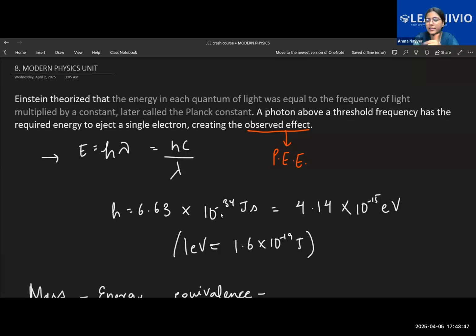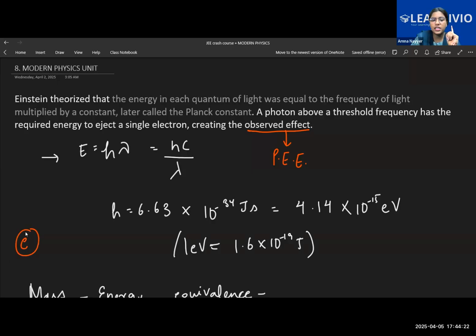But in your entrances, most of the questions have to be answered in electron volt, the unit of energy. In your semiconductors and your modern physics chapters, rather than the SI unit joule, electron volt is considered. So we'll also be considering electron volt much, and you will notice that most of the questions are written in electron volt, because you divide the answer by 1.6 into 10 to the power minus 19, it gets simplified and you get the electron volt unit as one electronic charge.